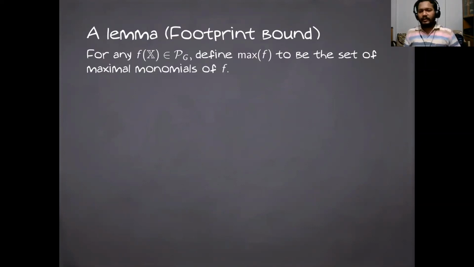And here is where we use a classical result called the footprint bound. I might have written it here in a slightly different way just to make it easy for this talk, but you will find it at several places. It's a very classical result. You will find it in several forms, and they are all more or less equivalent to each other.